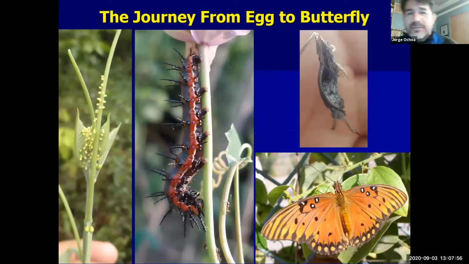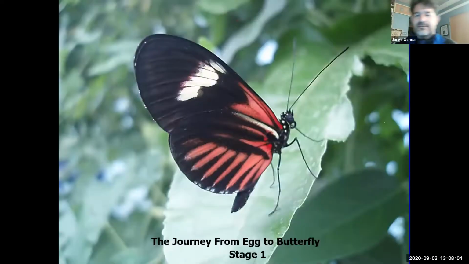And so if we take the life cycle of the butterfly, we can see how the plant and the butterflies have changed each other. So we can begin with an adult butterfly that is going to be looking for a passion flower to lay the eggs. They can only lay them on passion vines, passion flowers, because that is the only plant that the